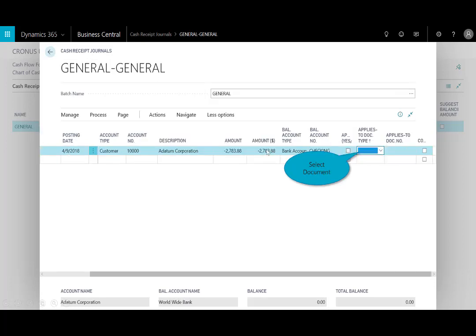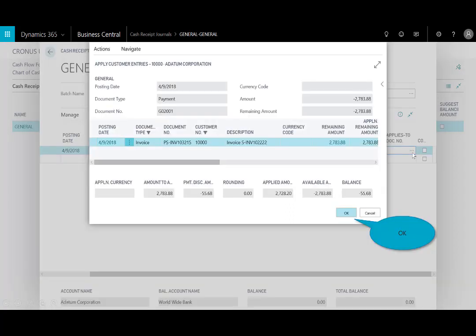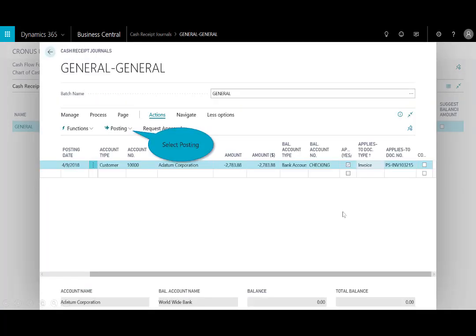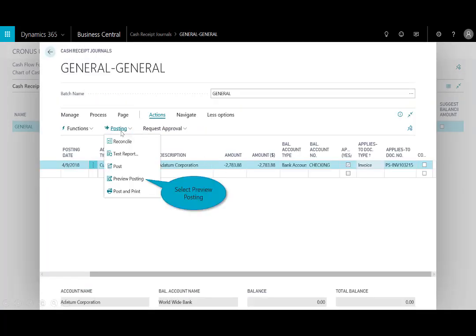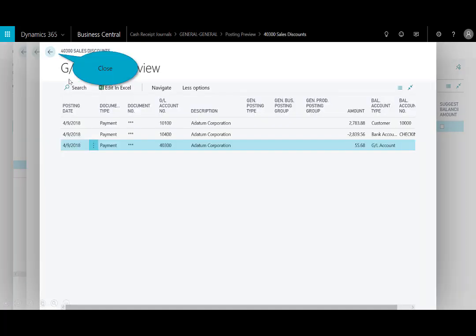I'll enter the amount of $2,783, and I will apply that to this document that we had created, and I'll select OK. And then I just go ahead and preview the post just to make sure I understand what's happening. I'm crediting and debiting,